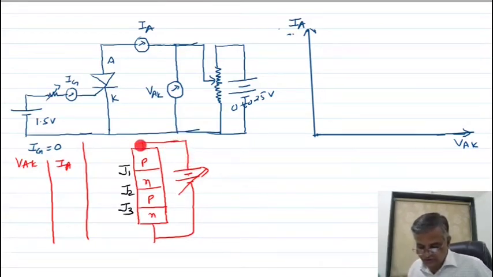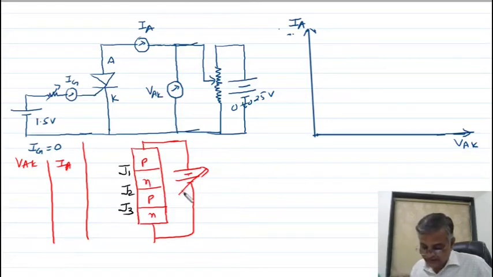This positive you connected here, so this junction is in forward bias. This negative you connected here. Sorry, this junction is connected to the p-type material, so you can say this junction is in forward bias. This negative you connected to the n-type material, so this is in forward bias. There is a minus you are getting, here you are getting plus, so this junction is in reverse bias.